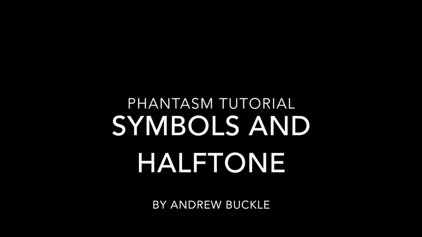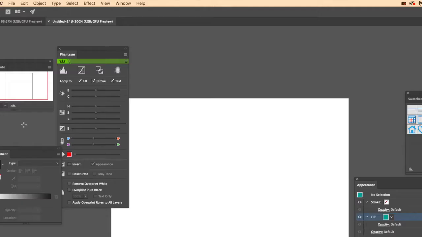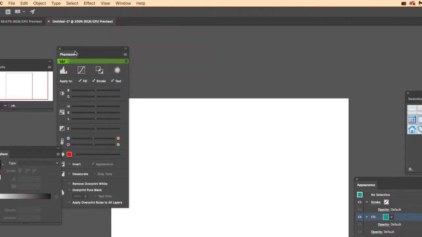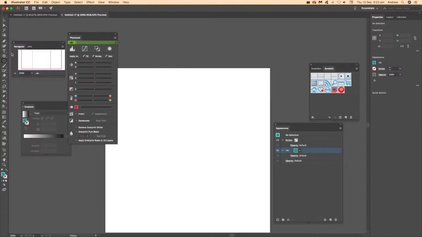How to use the Phantasm plugin from Astute Graphics with symbols and halftone. Now, first thing to do is go to the Phantasm panel, bring that panel up, and appearance. They're the two key panels in this. Now, there's the Phantasm panel, and what you can do,